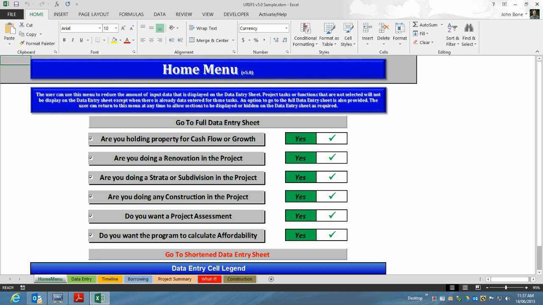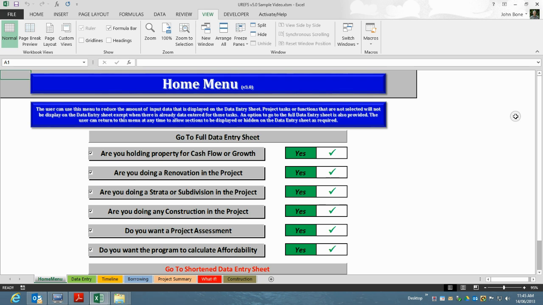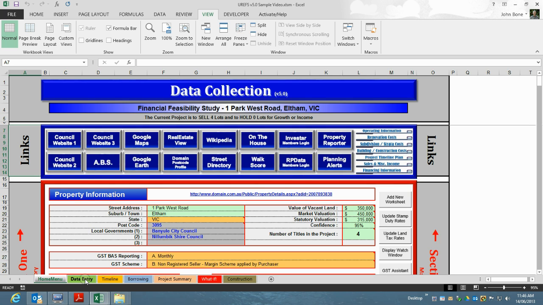The program will run on any PC when the USB stick is installed. The first thing you'll notice when the program starts is that it may look like a traditional Excel screen. The program will always start at the home menu sheet, and most of the traditional Excel features such as grid lines, formula bars and column and row headings will be automatically removed from view. They may not be automatically removed from other screens, but because we don't need any experience in Excel we can